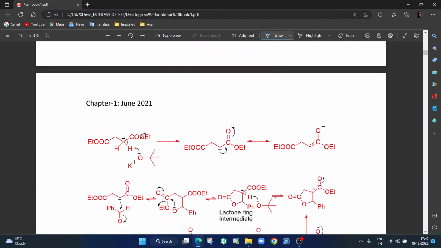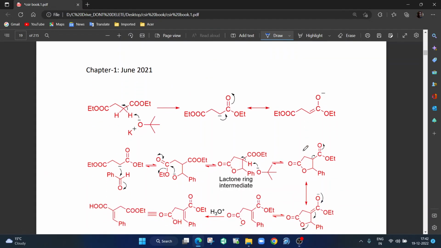So you know this ester carbonyl group, the alpha hydrogens are acidic because if you remove this proton, you get a negative charge which is delocalized and thus it is stabilized. So what happens is now this bond comes here, this goes and attacks this aldehyde and you get a negative charge. This negative charge goes and attacks the neighboring COOEt. So it forms 1, 2, 3, 4, 5. Now a 5 membered ring is kinetically very favored. So therefore it goes and forms the bond here, a 5 membered ring,